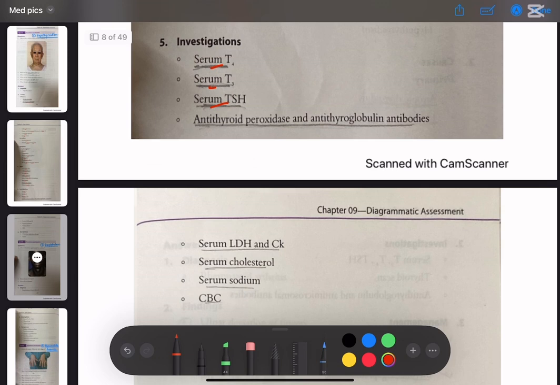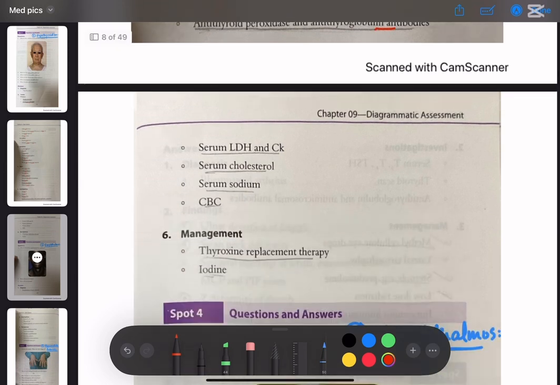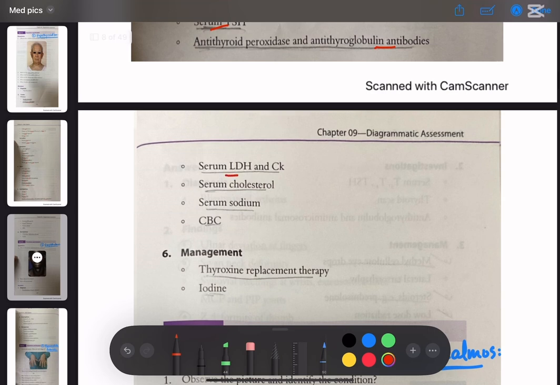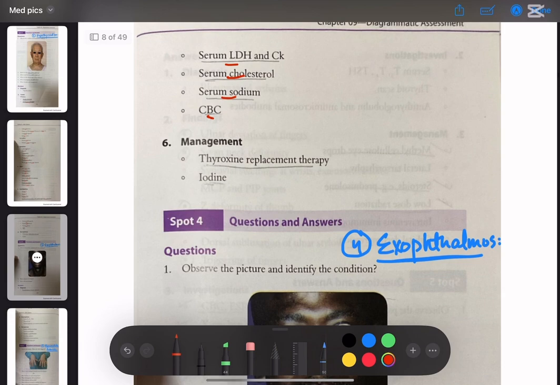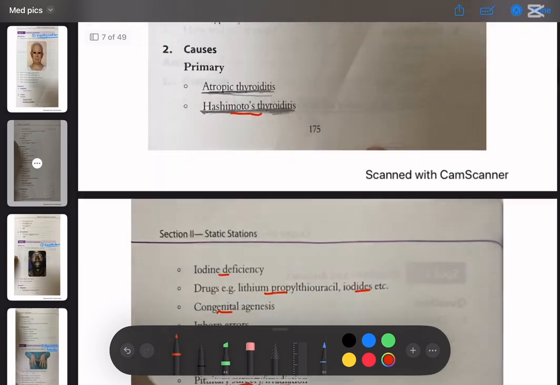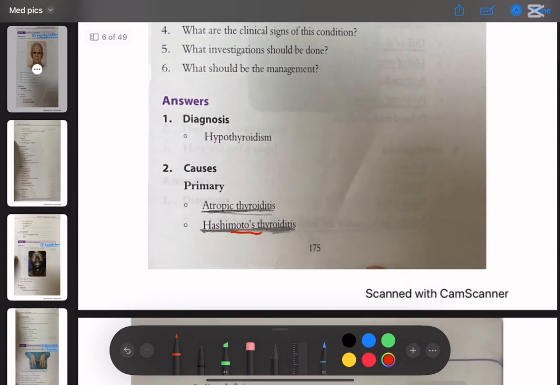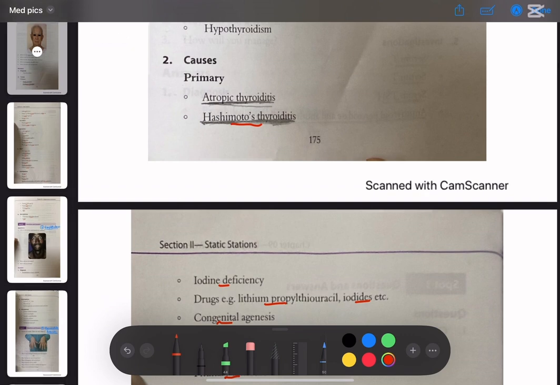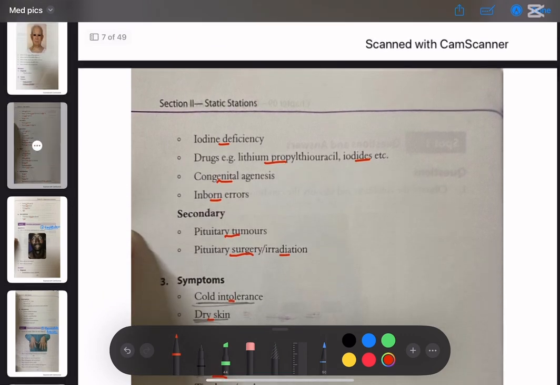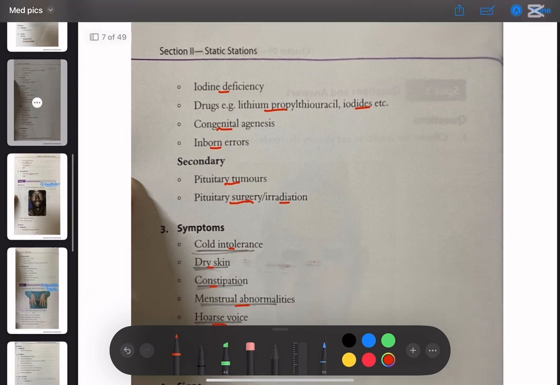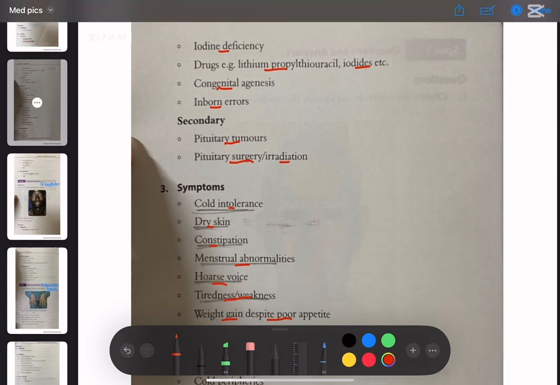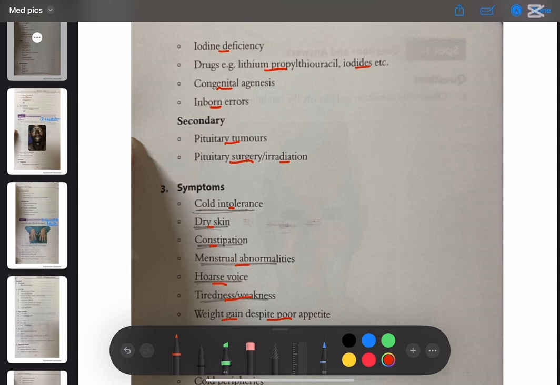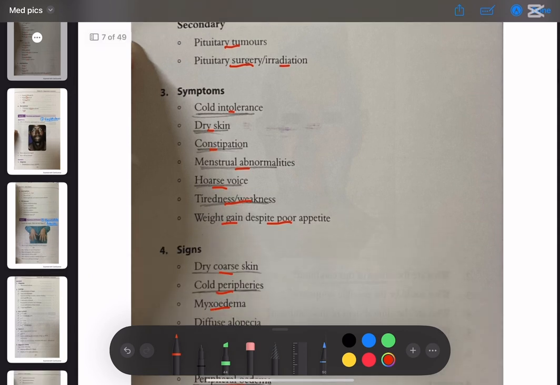Antithyroid peroxidase and antithyroglobulin antibodies, serum LDH and CK, serum cholesterol, serum sodium, and CBC. The management options for hypothyroidism are thyroxine replacement therapy and iodine. So, this is hypothyroidism, and these are the causes which are primary and secondary. In primary, we are having atrophic thyroiditis, Hashimoto's thyroiditis, iodine deficiency, drugs, for example, lithium, propylthiouracil, congenital agenesis, and inborn errors. The secondary are pituitary tumors, pituitary surgery or radiation, and the symptoms are cold intolerance, dry skin, constipation, menstrual